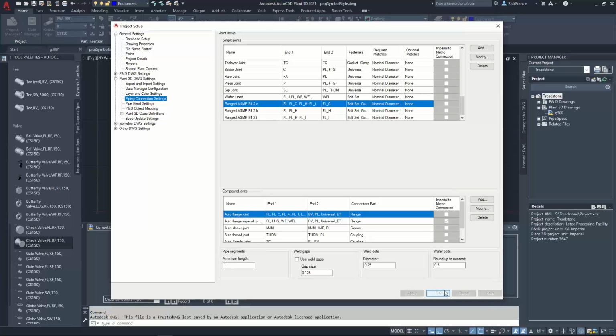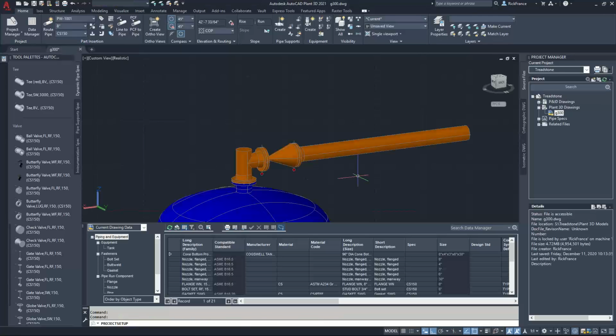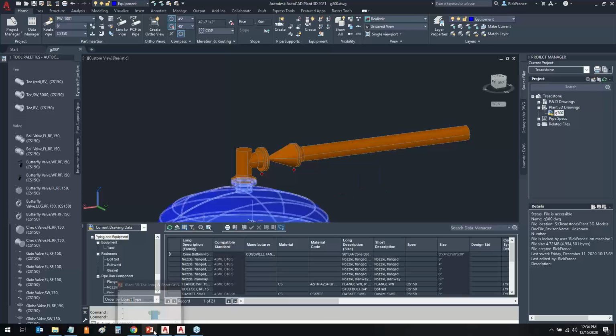Hit OK, and that's it. That's all I need to do to get this set up. Now, again, if you want to know more detail about those 2 topics, if you go to the